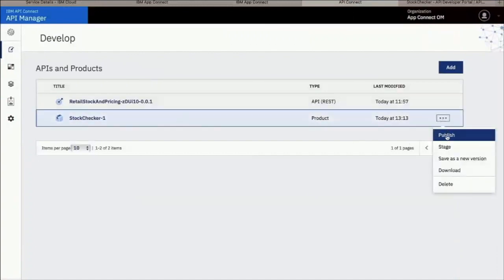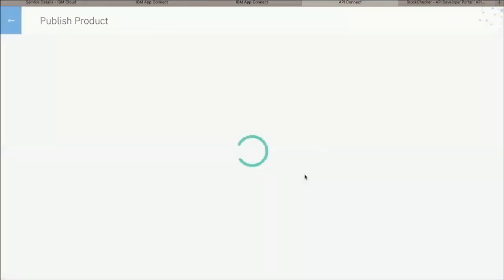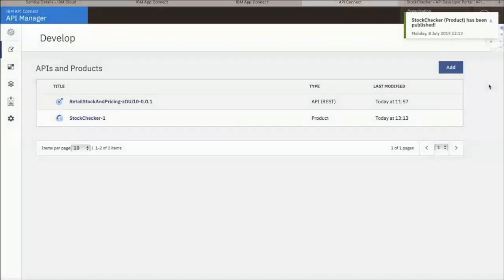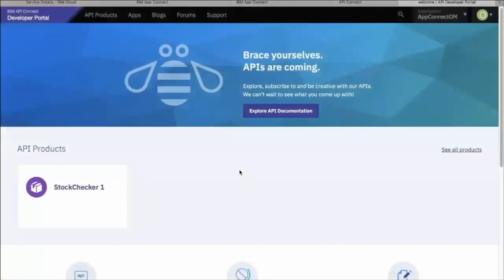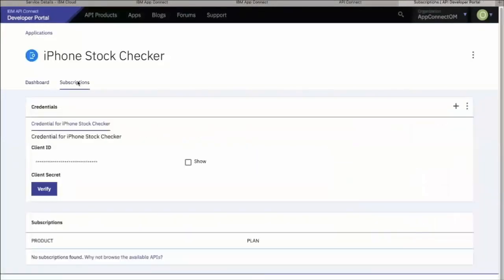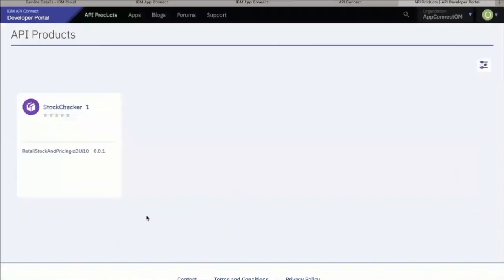So next, I'm going to publish that API so it's available for my developers to consume. And you'll notice here I'm selecting what catalog it's published into. And as that is pushed out, I've got a note that it's published. And now I'm in my developer portal where I essentially can consume that API as a developer. And so as I go in and actually look at the API, I can see all the availability of it. I can see all of the kinds of capabilities around it.